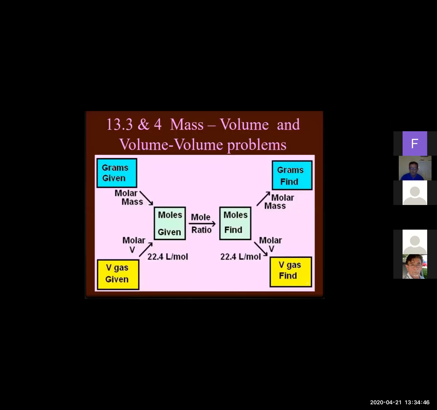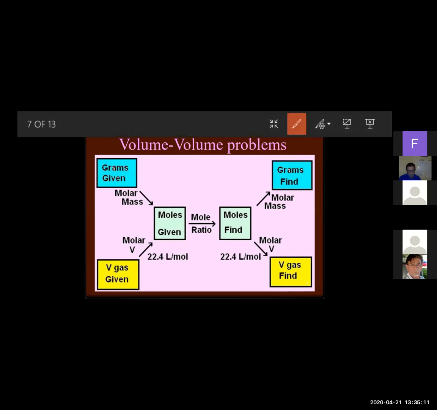This flow chart kind of puts it all together for you. I gave you one earlier, but this one also incorporates gases at STP. Remember, we talked about those. At STP, standard temperature and pressure, 1 mole of a gas occupies a volume of 22.4 liters per mole. Now, what this means is that we can go from here all the way across what we were looking for right now, what we were doing, from grams given all the way to grams, what we're searching for, okay?